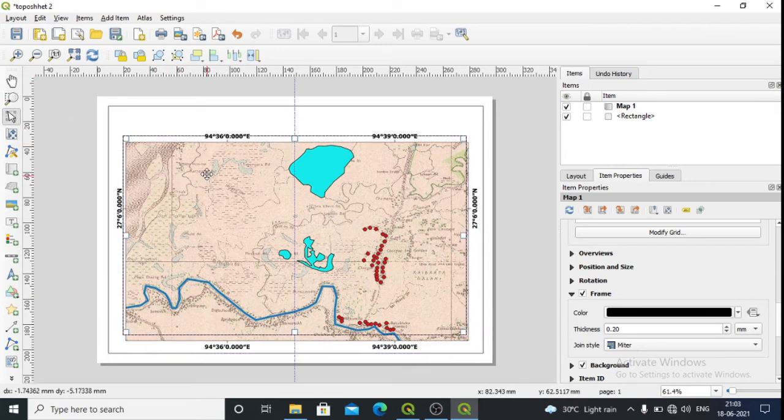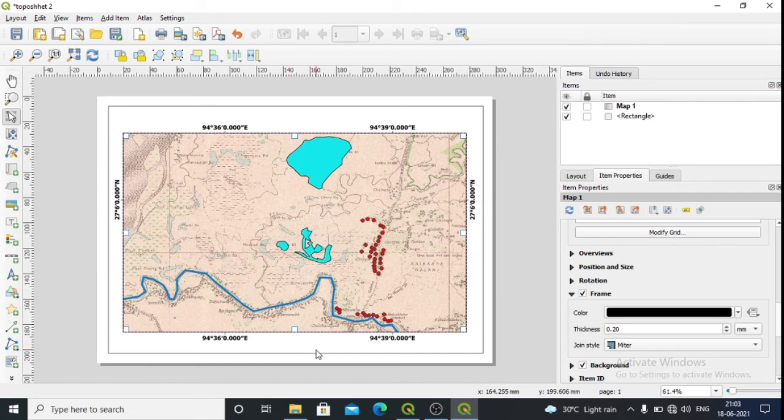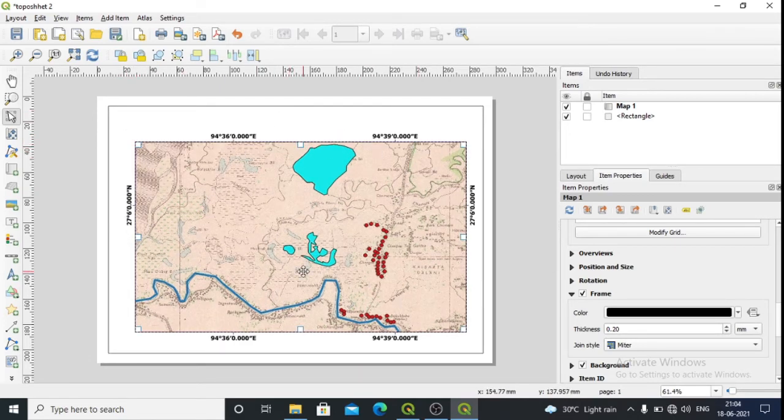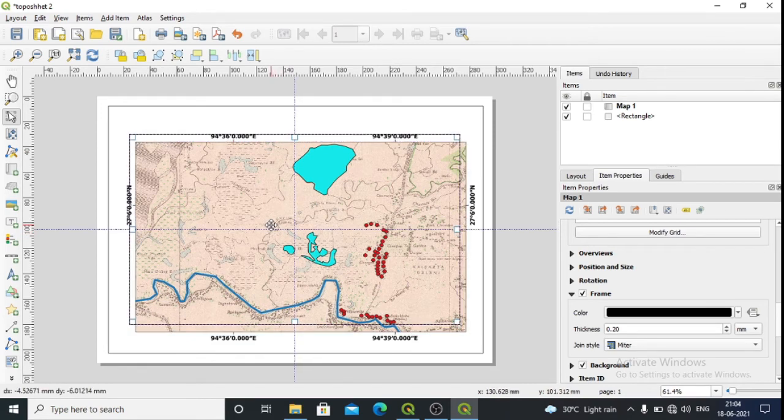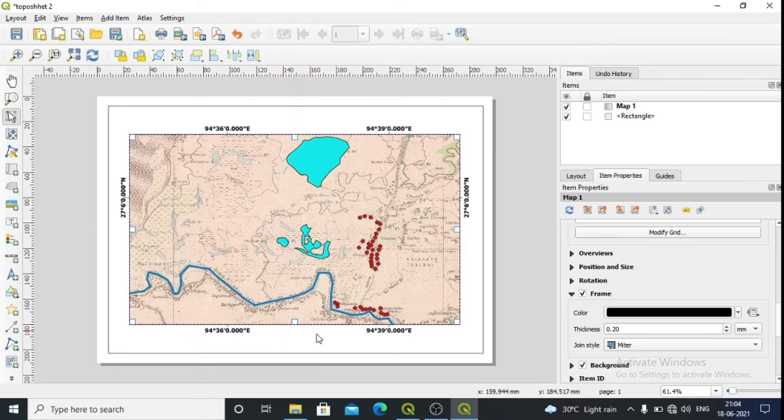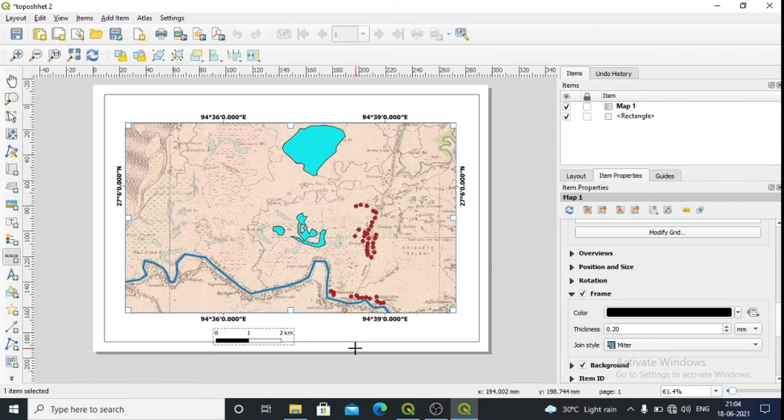Let me move this one a little bit upwards so that I can add the scale over here. So I will add this scale here. For adding this scale, click on this one, then add the scale here.